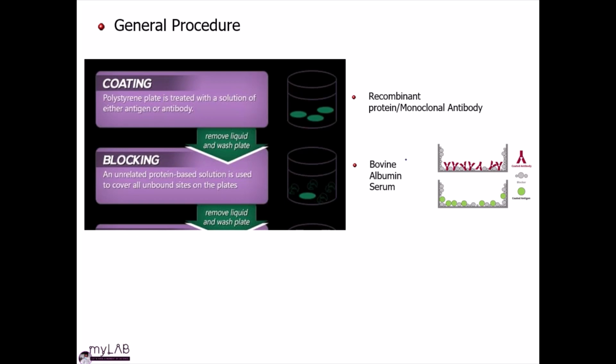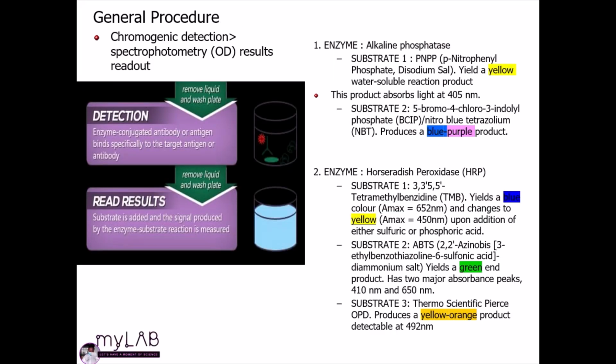And then the areas that do not bind this antibody or antigen, we usually block using bovine serum albumin as one of the examples of the unrelated protein-based solutions. And this helps in reduction of noise or nonspecific binding of our analyte on these sections of the well. And then after that, of course, we have the chromogenic detection where we measure optical density and read out